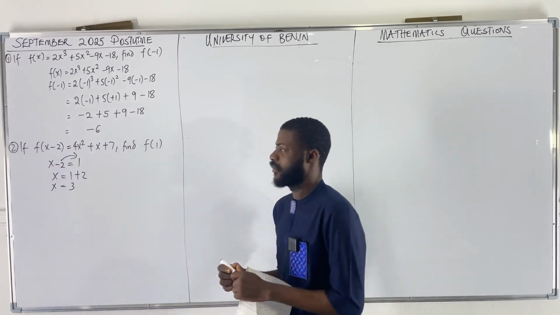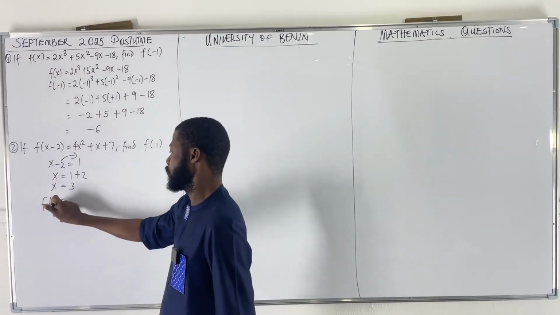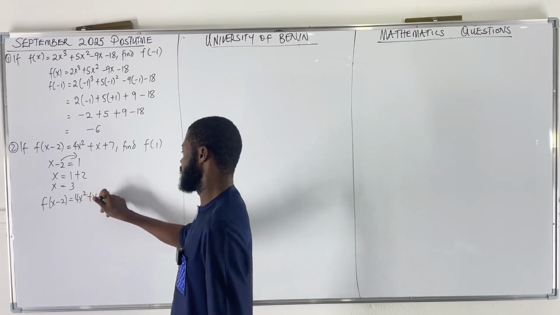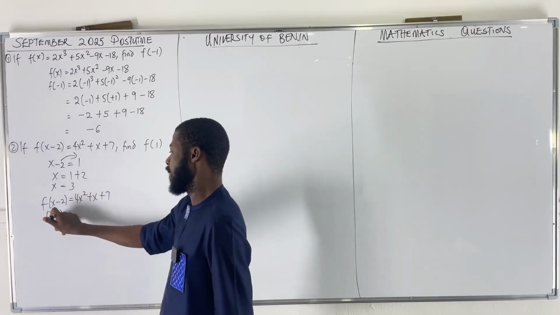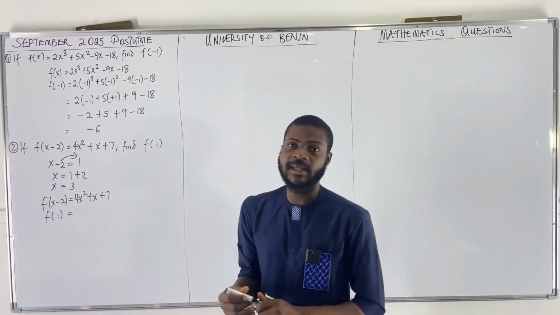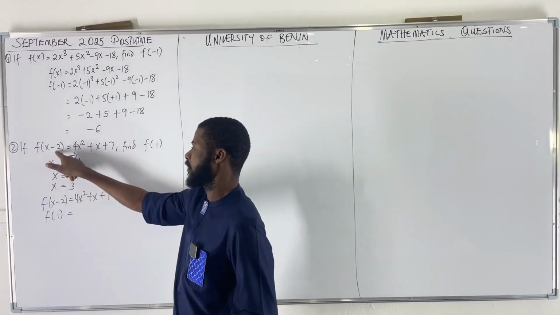So that's what you're going to be putting x as. So f of x minus 2 is equal to 4x squared plus x plus 7. So we have f of 1. Now, but x is what? 3. Now, I think a better way to explain this is, this f of x minus 2 means the function